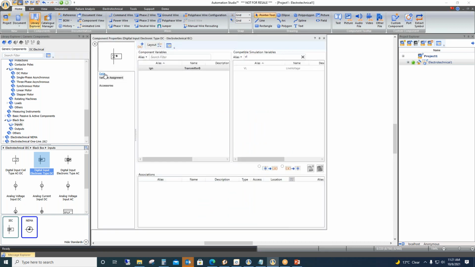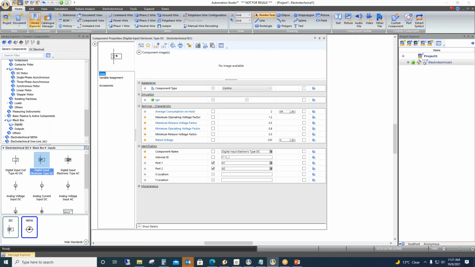For this digital input, we will need to change the parameters because the battery we have given is 24 volts. So accordingly, we need to change the values of this digital input as well. The rated voltage of this will be 24.